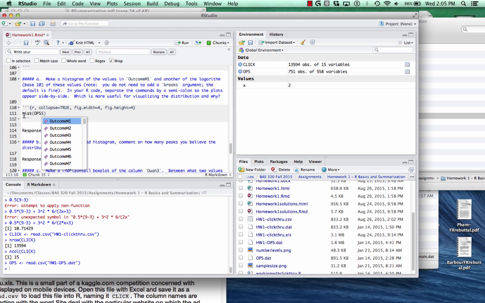And one thing I like about RStudio is it actually gives you a list of all the columns in that data frame. This is a huge data set. In this case, I'm just going to click outcome M1. You can feel free to type that. And then I'm going to move on and make that second histogram,